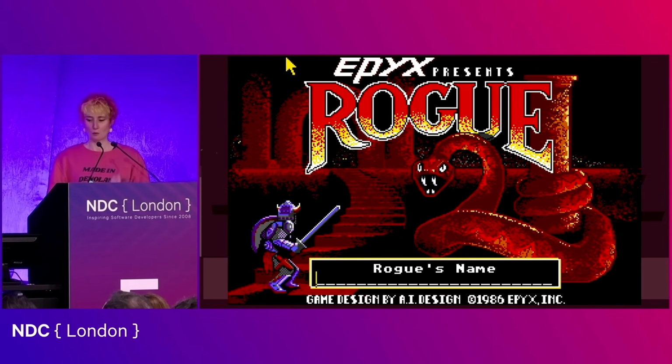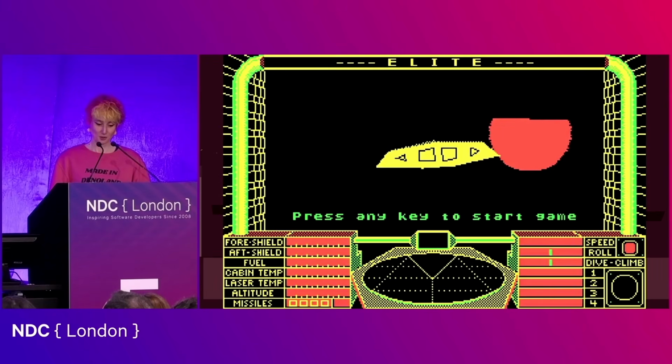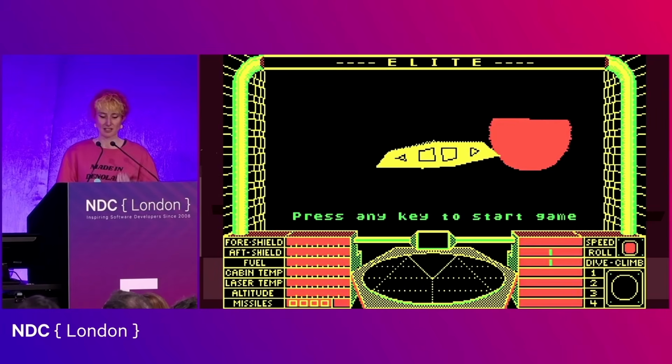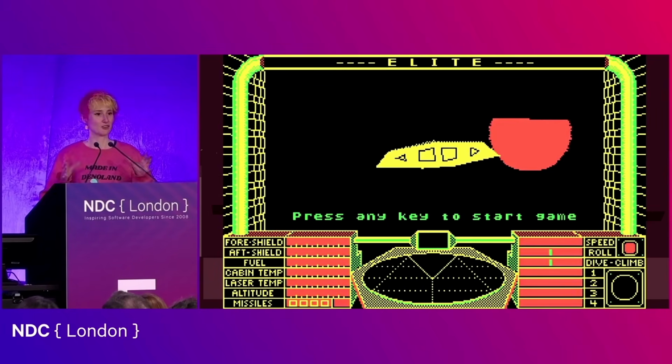So if we go way back to the 80s, Rogue used procedural generation. There's also Elite, and there is also Dwarf Fortress. So Elite used procedural generation to create this very vast universe that you were playing the game in using really simple mathematical algorithms.